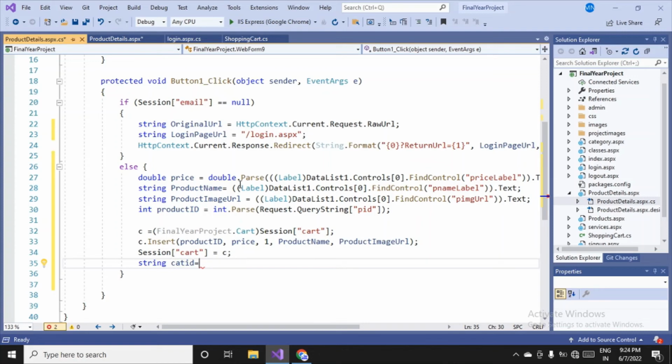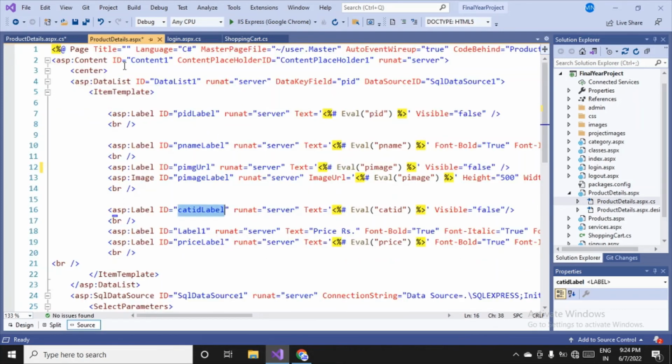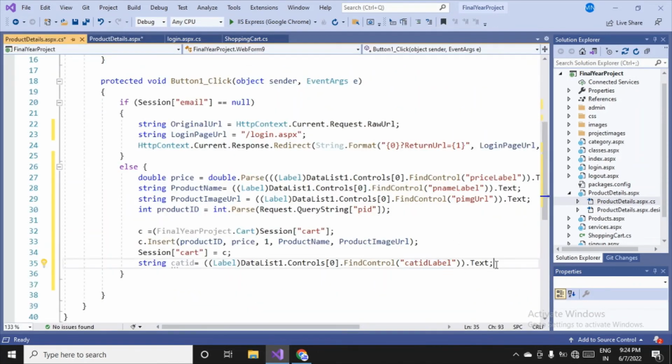So let's copy this code. Okay, copy this and then paste it. Okay, and change the label. Here it was cat ID label. Copy it and properly paste it, so that category ID is getting fetched here. And finally,